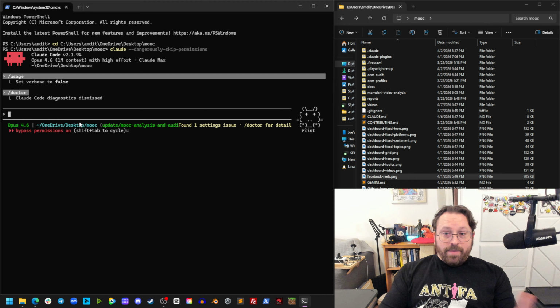We want to set this up, so we're going to ask, how do we set this up? We're on a new branch, so we're going to go ahead and dive in here. It's going to look at what we've already built and review the existing pipeline to understand what we'll be automating. Then we're going to have it go into plan mode and map this out. Let's make sure we use plan mode to map this out properly.